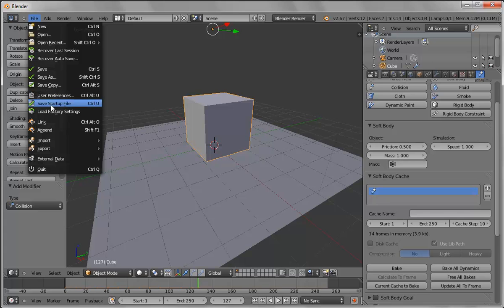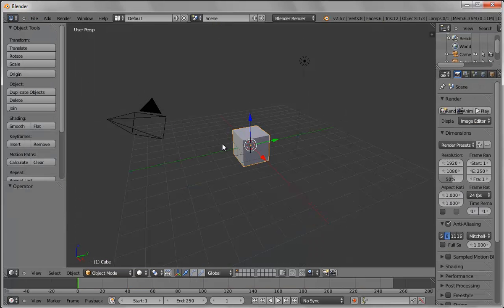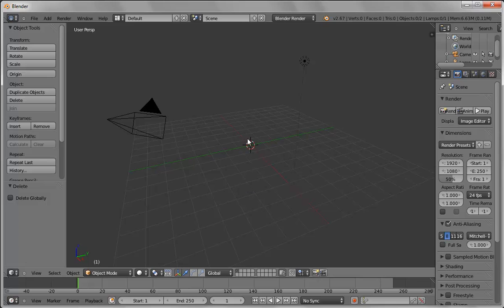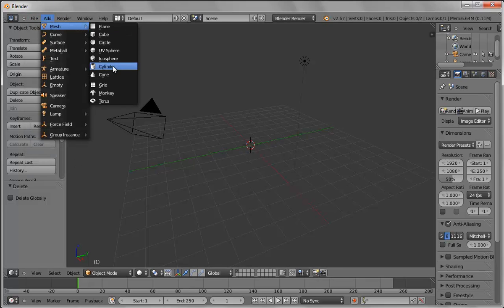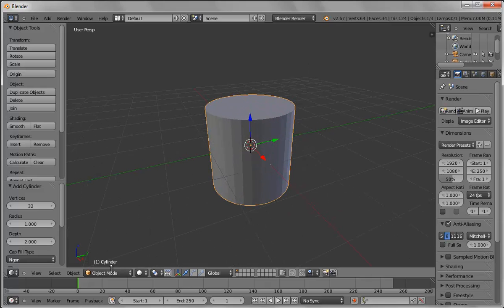And then the very last thing we're going to look at is a fluid. And this one can be kind of processor intensive. I'll go through the steps. I'm not going to have time to render it out, but I'll explain how to do it. So we're just going to make a cup. So I'm going to get rid of the ground plane. I'm going to add a cylinder. Let's go into edit mode,